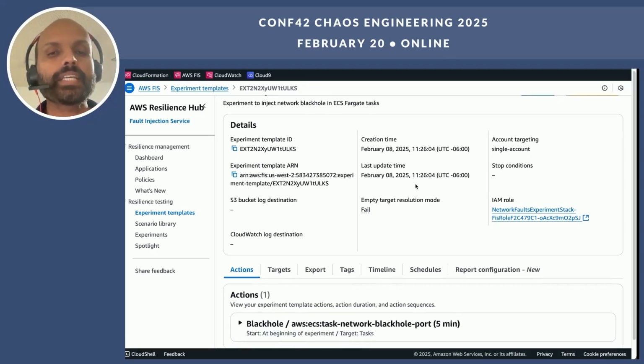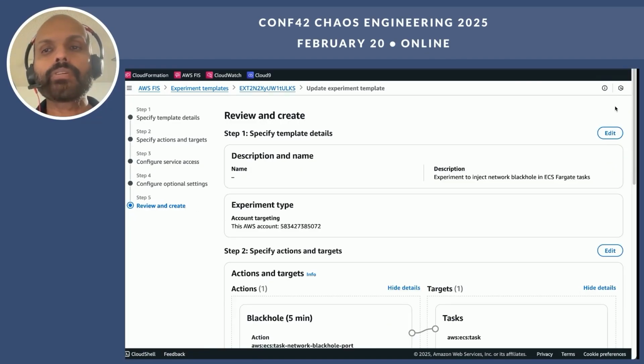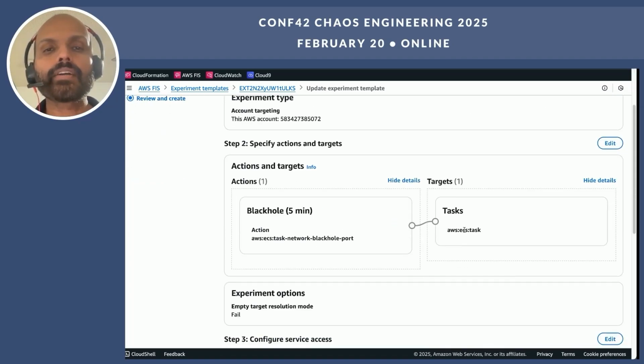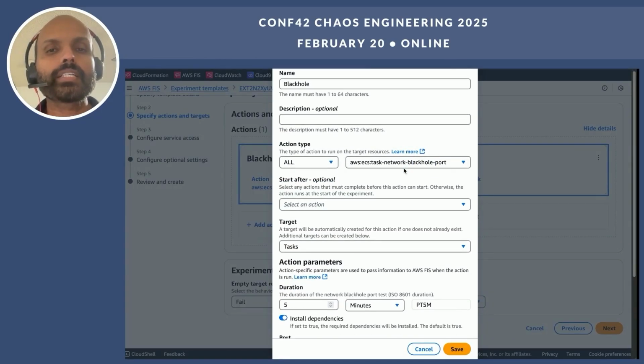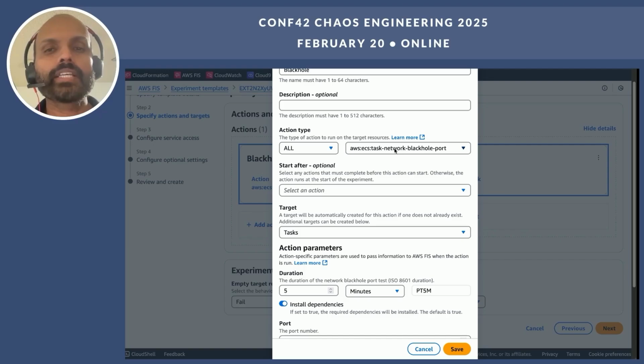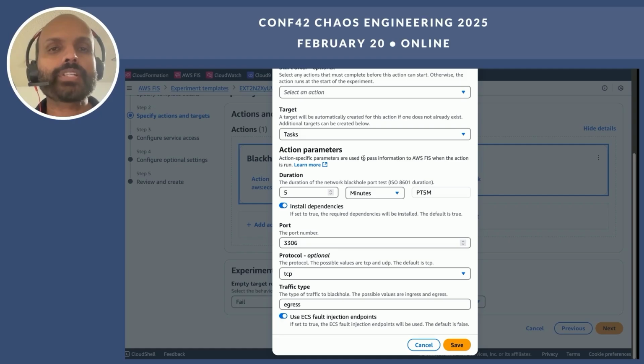So in this case, what we are doing is trying to create a network black hole between our compute layer and the database layer. So if I look at the action for this particular experiment template, you can see it is network black hole. And what are the parameters this action supports?